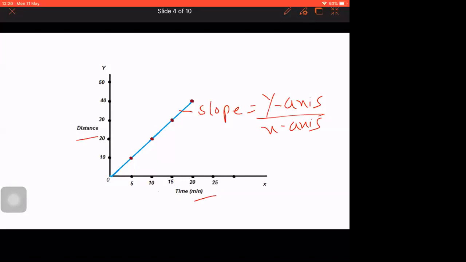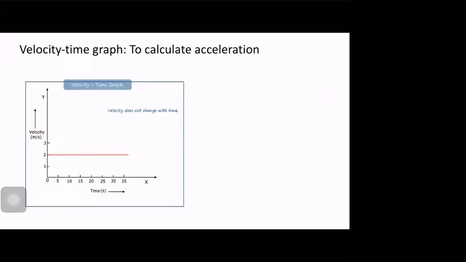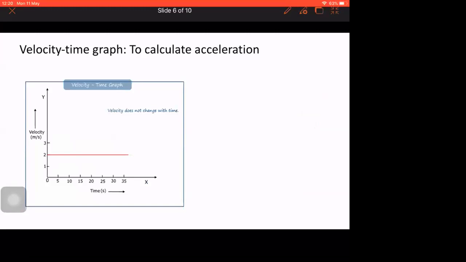So let's quickly go and see this. Next, very, very, very important. It is not that easy as your distance time. Try to understand very carefully. I am plotting a graph between velocity and time. Don't look at the graph, don't look at anything, and answer me. Whenever I plot a graph between velocity and time, what should the slope give me? Acceleration. Very good.